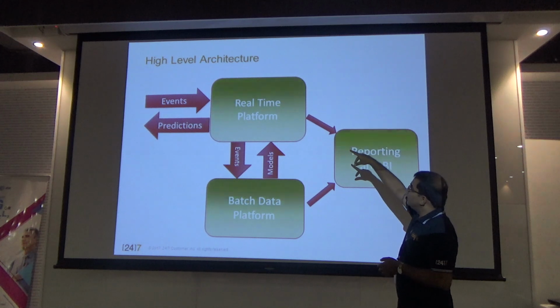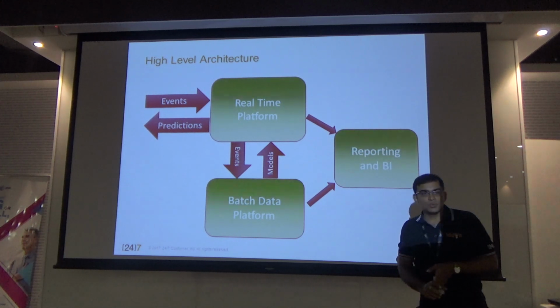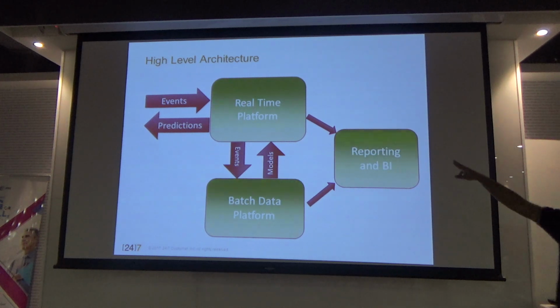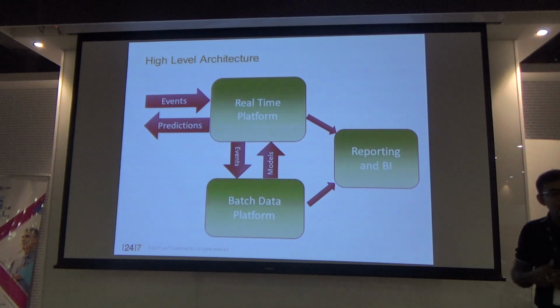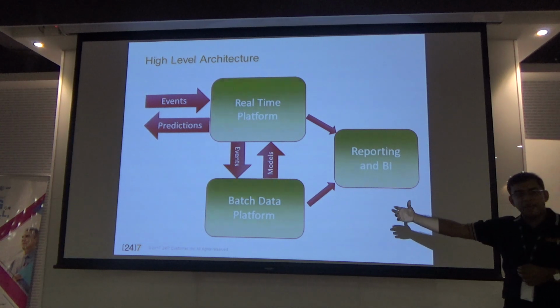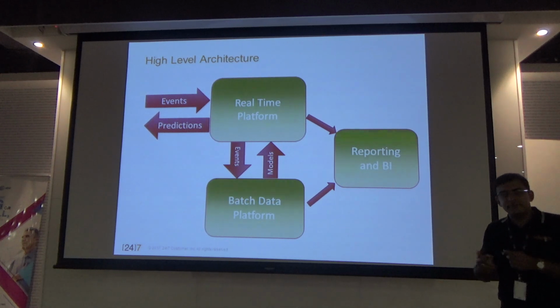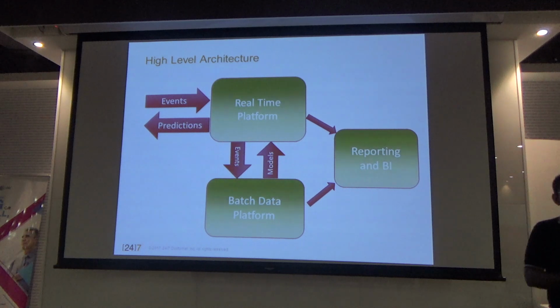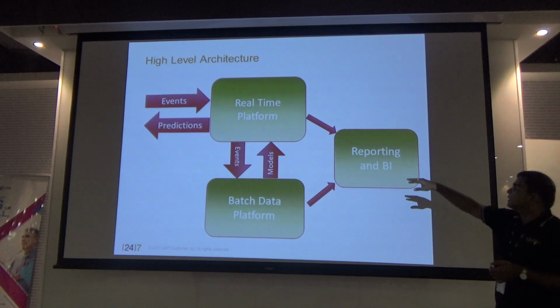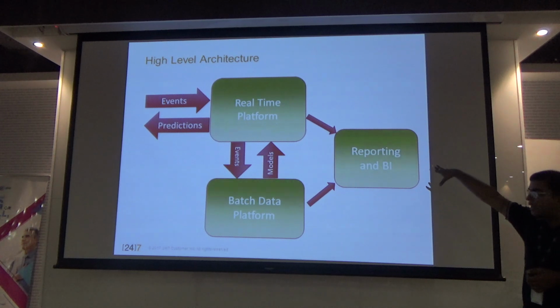And also we have the reporting and BI systems which work on both the real-time system and the batch system. So obviously there is some real-time monitoring and reporting that we do for both internal use and external use. Mostly internal use. The external use actually comes from the batch side because it is not that quick. So it's more from an operational perspective, for example model monitoring, system monitoring, those types of things. So that data comes from the real-time platform.